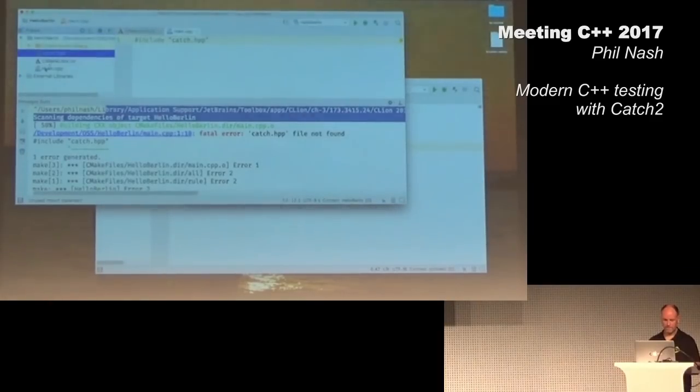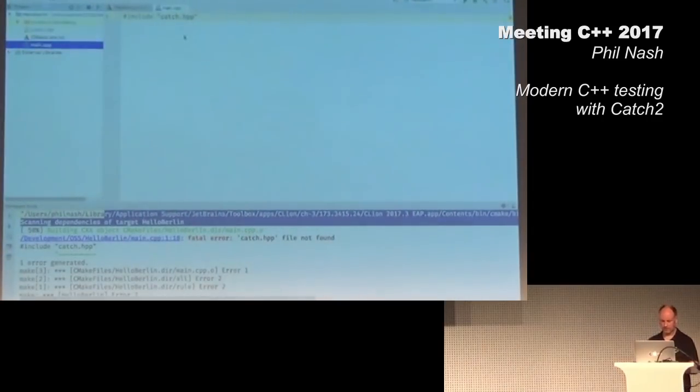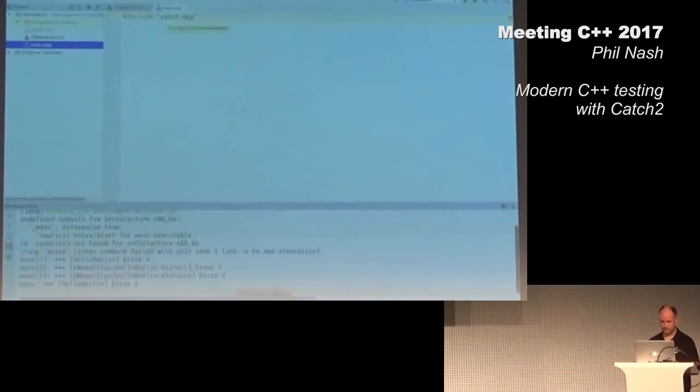So we just got the single header file there. Catch is distributed as a single header file. That should now compile, but it doesn't link. The reason is, although it's a single header file, the part that defines main is defined separately. So if I write CATCH_CONFIG_MAIN before I include it,